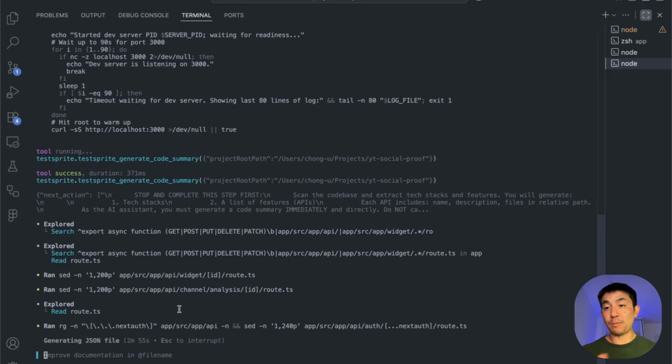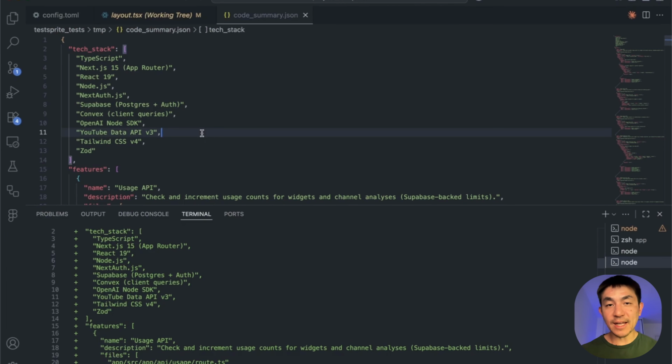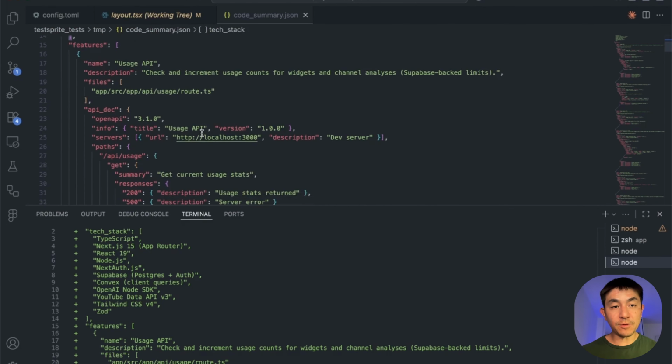It actually has support for both backend and front end, so you get to choose. And I think this flexibility just provides a lot of ways for you to get a deeper understanding of how best to make your application more robust and more secure through testing. All right, so you can see it's already done a code summary, very similar to what we saw before, but